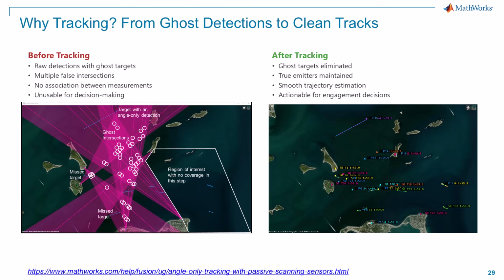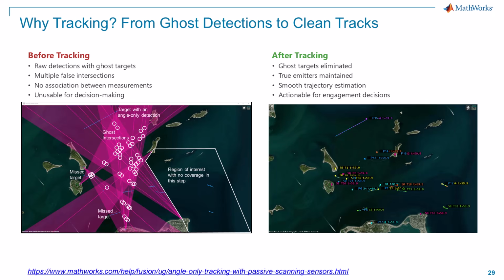This is the before and after that motivates tracking. On the left panel, the raw angle-only detections from passive scanning sensors. There are ghost intersections everywhere, missed targets, no association between measurements. It's not usable for decision-making. On the right panel, after tracking, ghosts are eliminated, true emitters are maintained with smooth trajectory estimates, and that leads